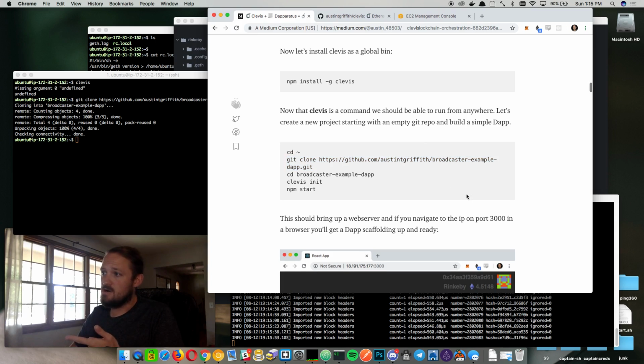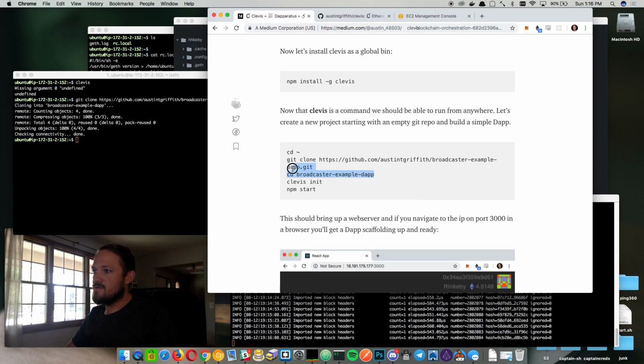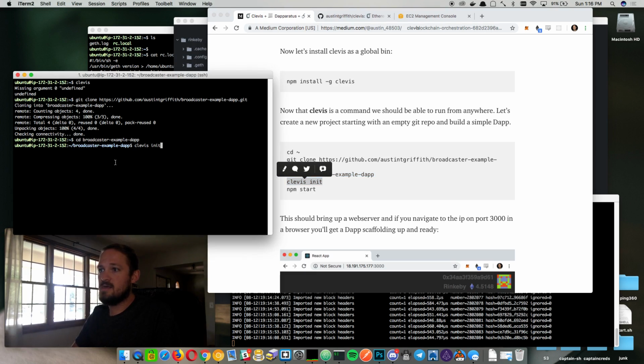I've just published this article to Medium, and I laid out how I built a simple dApp, and then I'm going to run through those same steps in a screencast to maybe make it more digestible. So if I jump into that folder and do a clevis init, this is going to fire it off. It's going to start